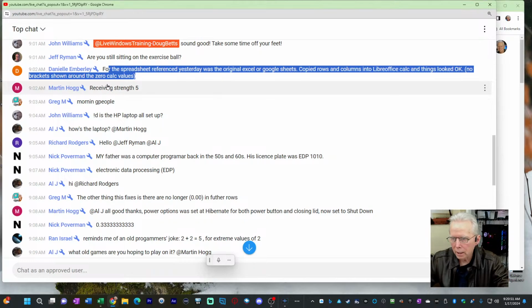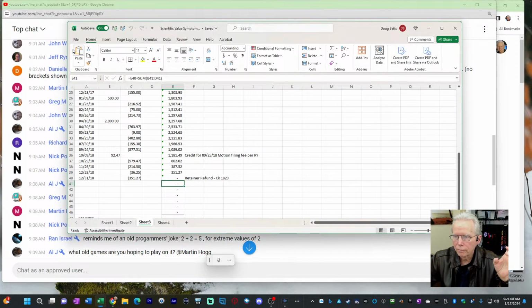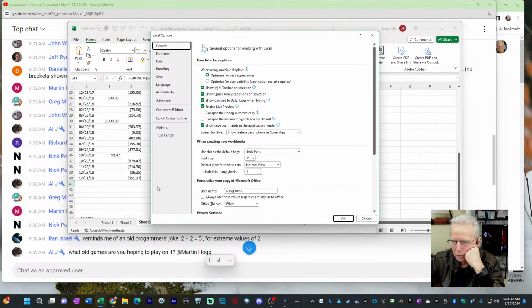Okay, Martin, let me show you that, because I don't think it showed up the same way to you in LibreOffice. Now, maybe LibreOffice by default does that store as displayed thing. Okay, I better go find out. What was that option called?